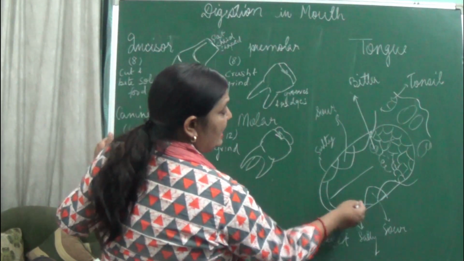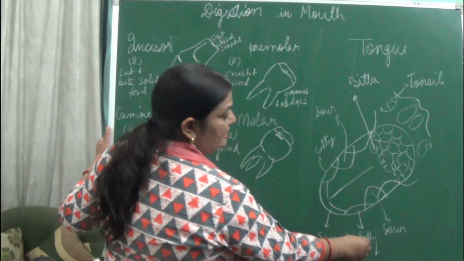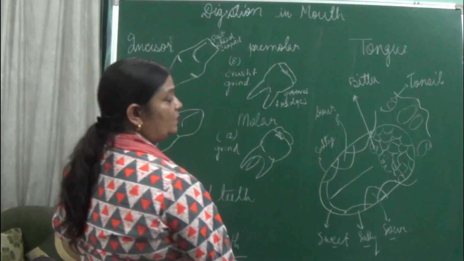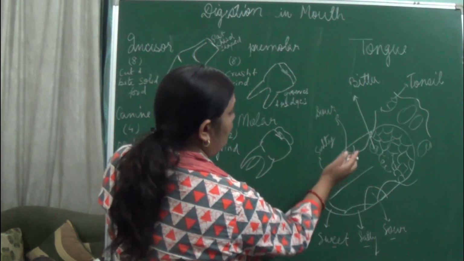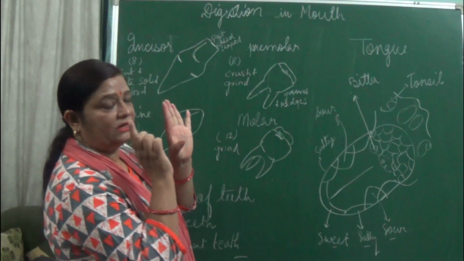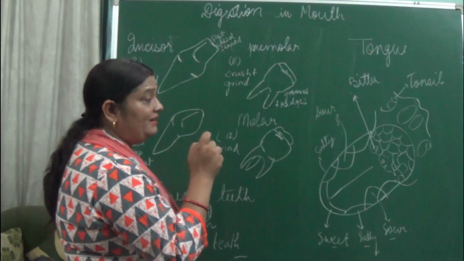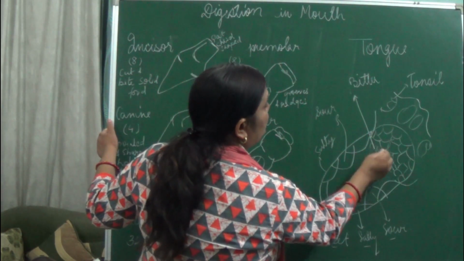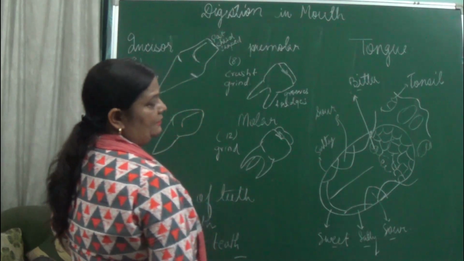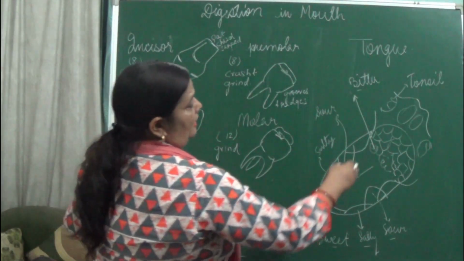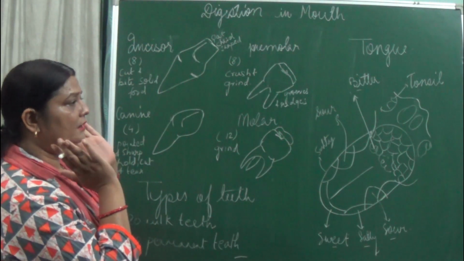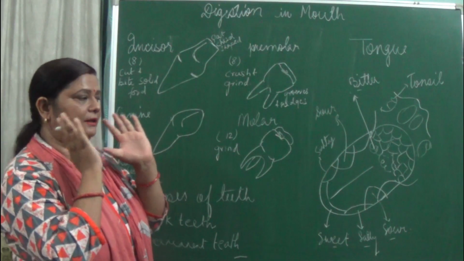At the sides of the tongue, it detects the salty taste. Above that, it detects the sour taste. Here also you can see the same thing, salty and sour in nature, so all the sides of the tongue. Now where does it detect the bitter taste? It is over here, at the back end, that the bitter taste is tasted. These are the tonsils present in the neck and buccal areas.